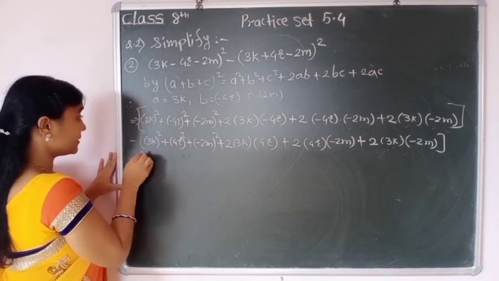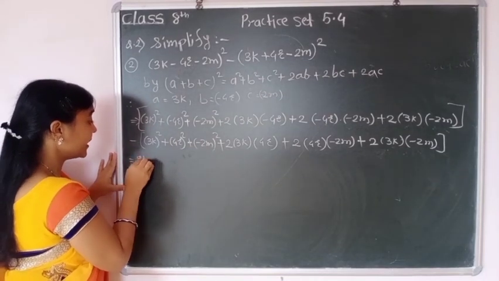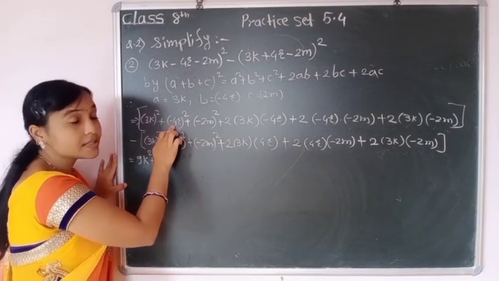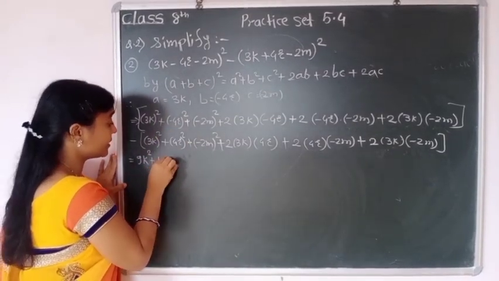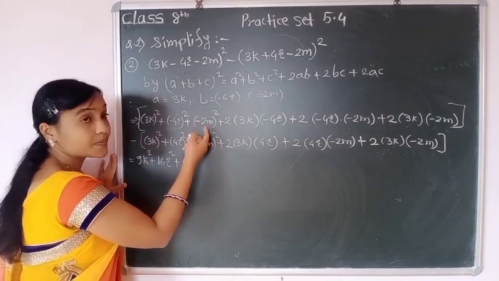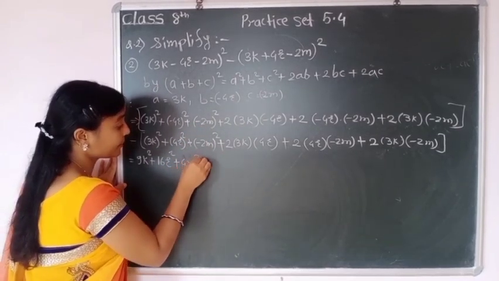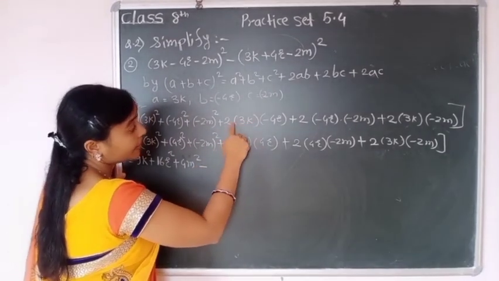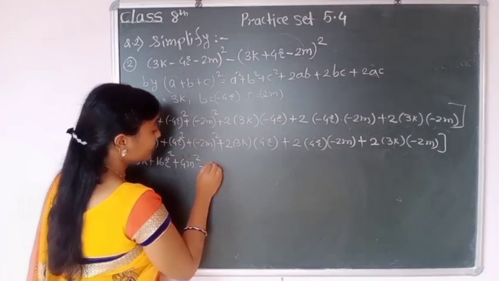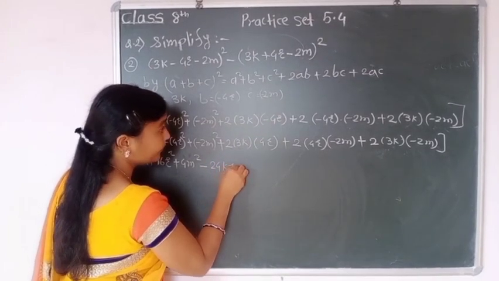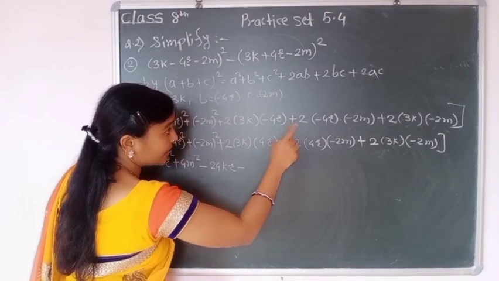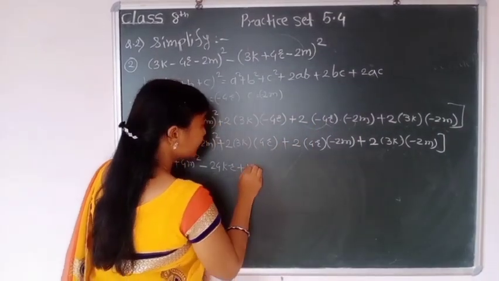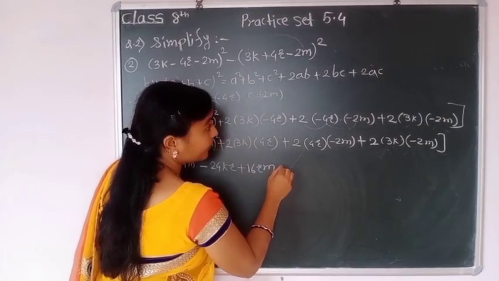And then you solve this square brackets. 3 square is 9k square plus, minus square is plus, 4 square is 16r square plus minus plus 4m square, then plus minus 3 into 2 is 6, 6 fours are 24 kr, minus plus and plus here, then 4 eights are 32, no: 4 twos are 8, 8 twos are 16 rm,